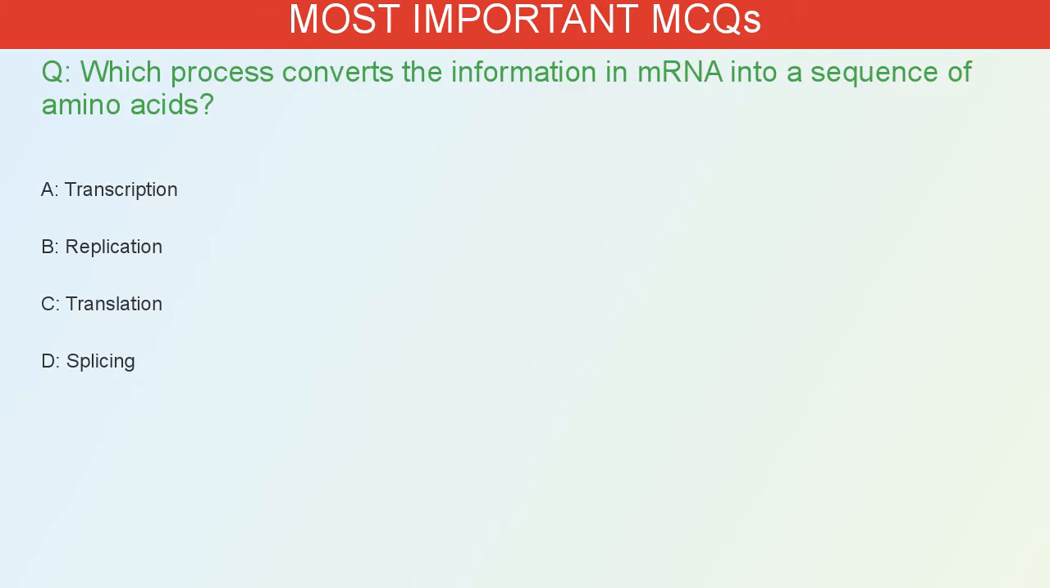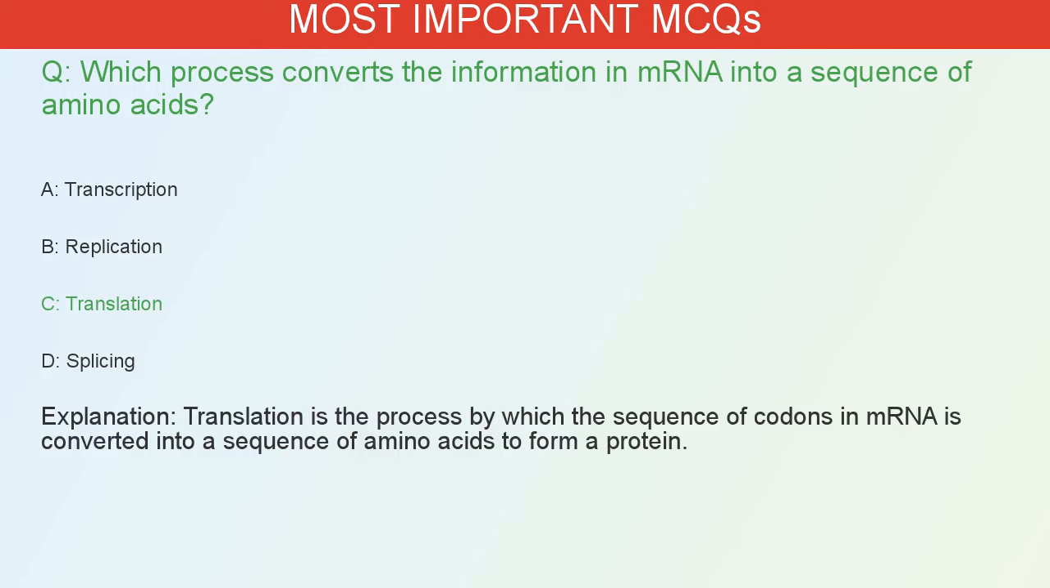Which process converts the information in mRNA into a sequence of amino acids? A. Transcription. B. Replication. C. Translation. D. Splicing. The correct answer is C. Translation is the process by which the sequence of codons in mRNA is converted into a sequence of amino acids